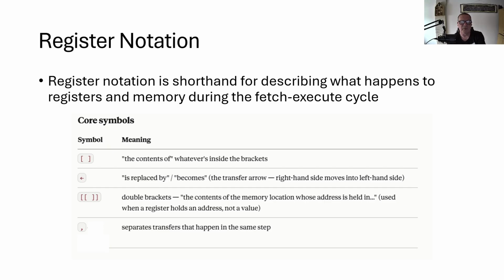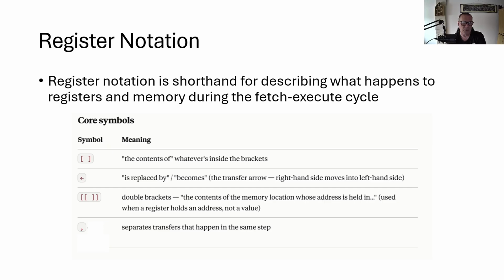You can write this sort of thing down in a shorthand called register notation. It's a bit long to describe it in words. So there's this notation. There's various symbols, and here are their meanings. Square brackets are used to indicate "the contents of". So if you said something like PC in square brackets, that would mean the contents of the program counter itself. The arrow means "is replaced by" or "becomes",